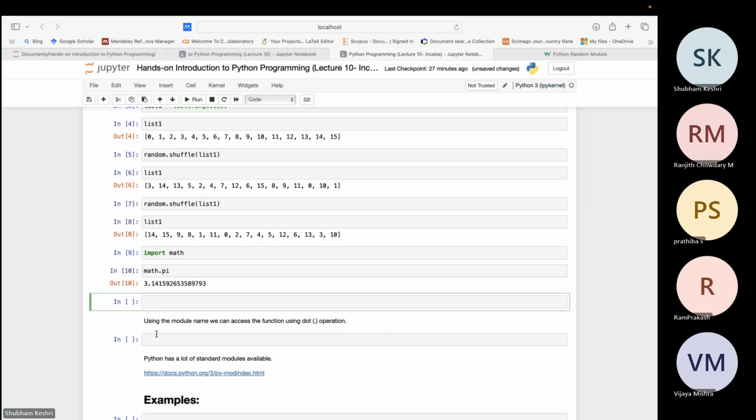Now there is one more module which is called datetime. If you import datetime,